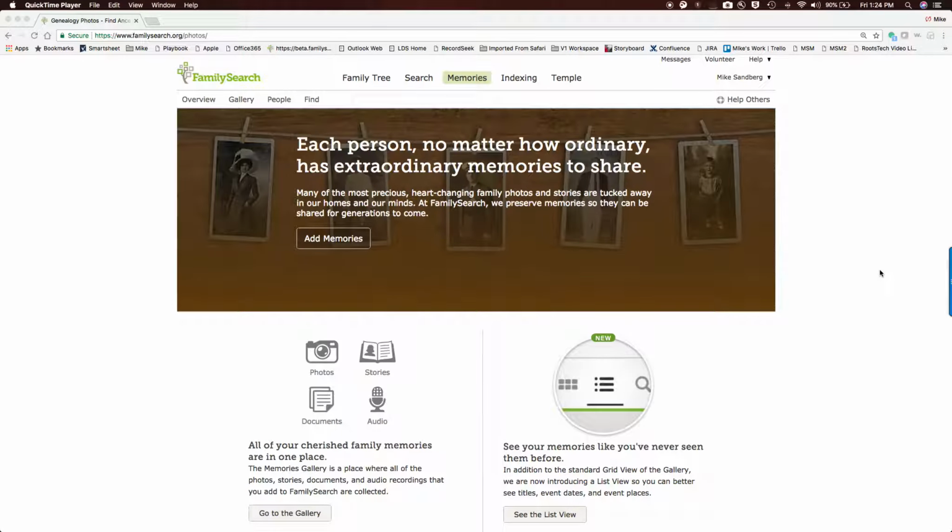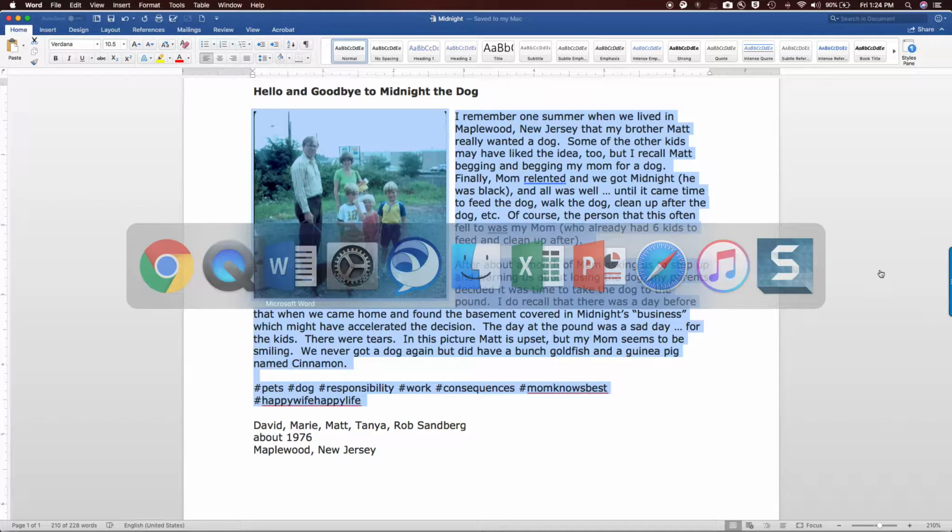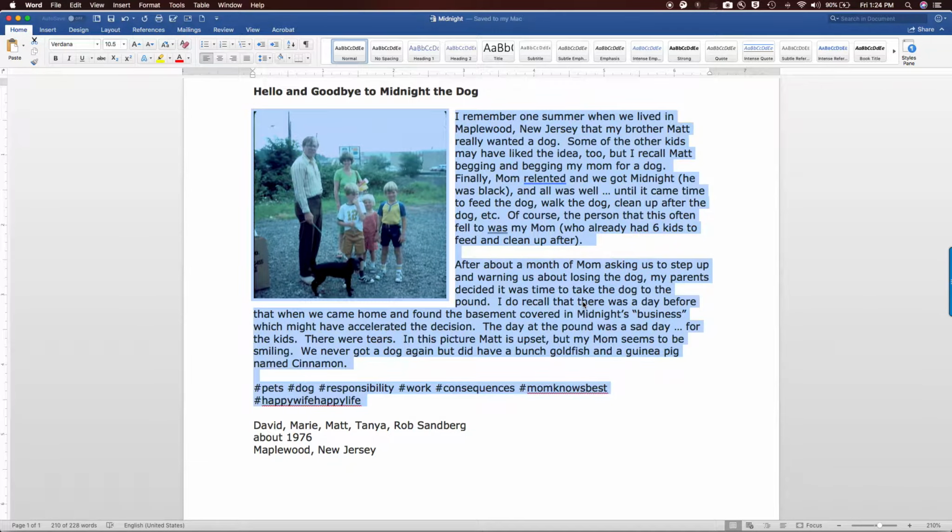Okay, I'm going to demonstrate today how to add a memory to FamilySearch for those that have never done this before. And prior to this, I wrote up a memory in a little Word document. This is a story about a time in my family when we had a dog for a month and how